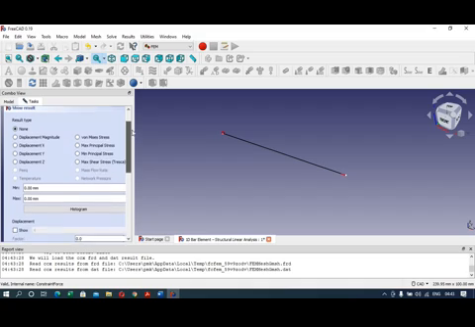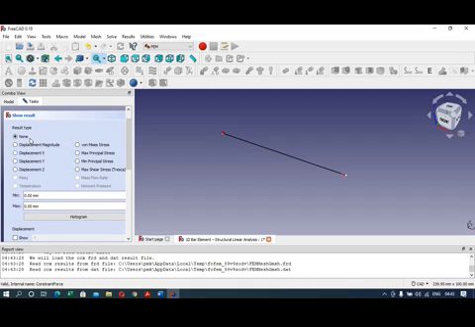So here the different options are there to view the results. The first one is none. Second is displacement magnitude. So the displacement minimum is 0 mm. So obviously this 0 mm displacement is going to be at the node which is at the fixed end, and the maximum displacement is 13.48 mm. So obviously it is going to be at the free end where the 1000 Newton load is applied.